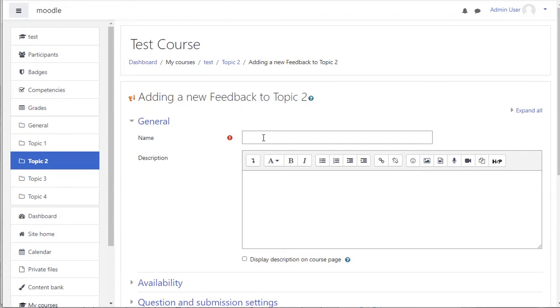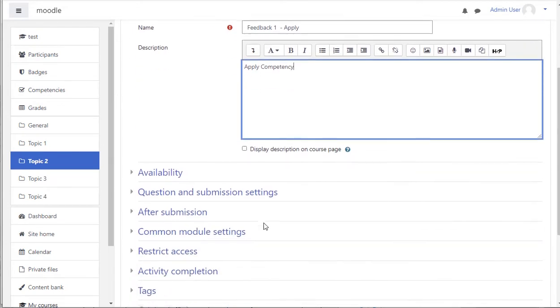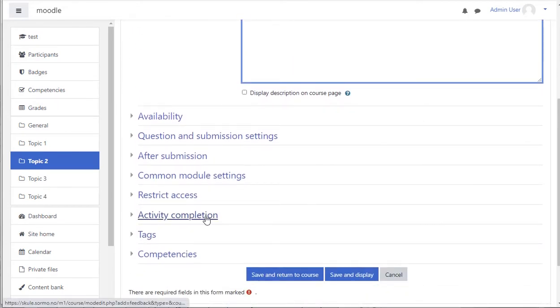So the teachers are making some exercises and other training stuff to test what he's going to apply from his earlier reproduced stuff. So I call this activity now for feedback 1, and that's about apply competency. So I write apply competency here also to have an overlook of what's all about. So here I enter this